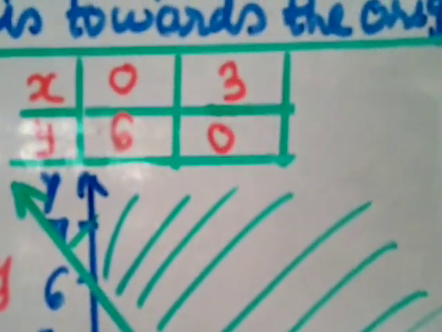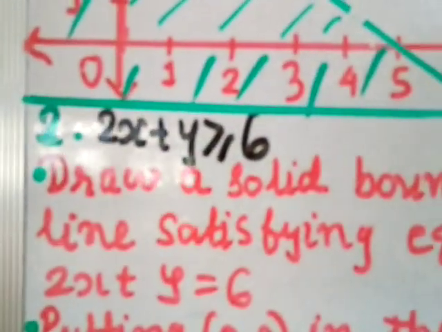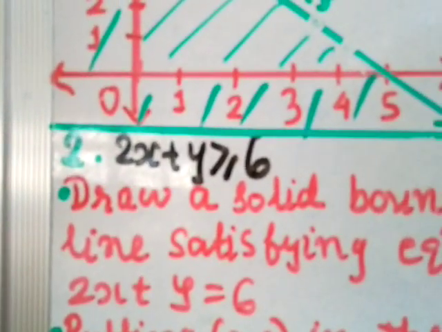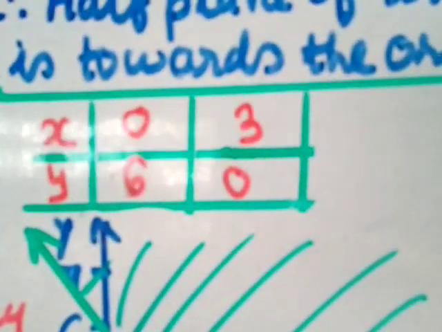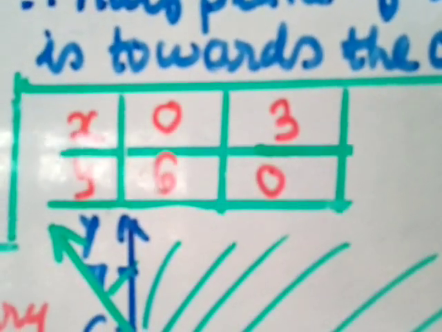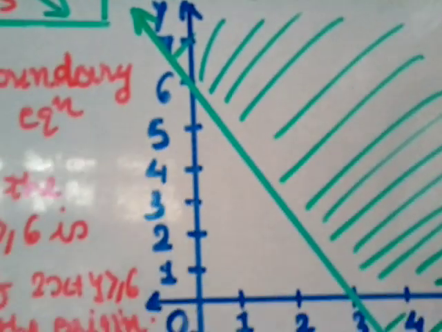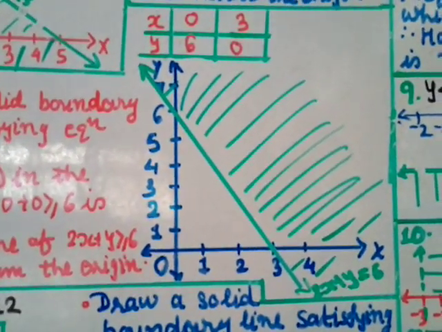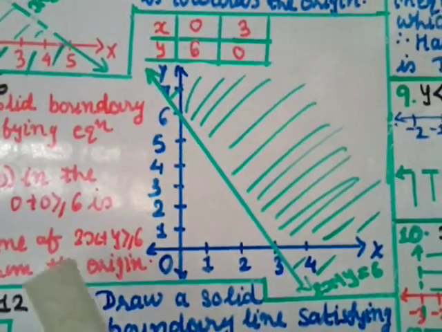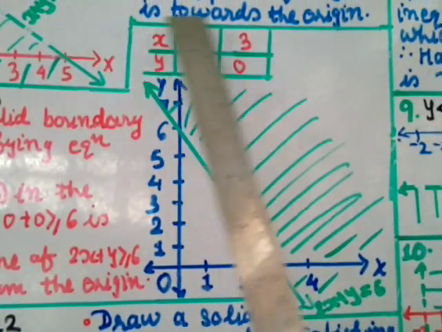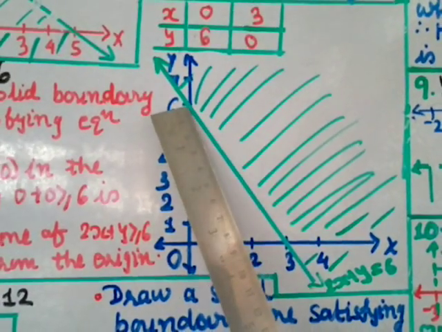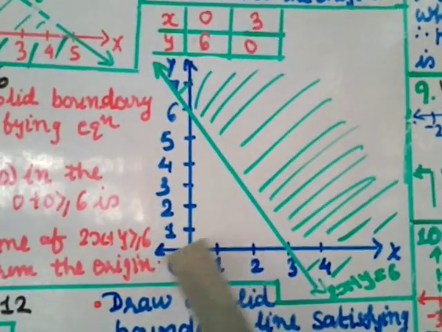See, when you take x equal to 0, put it in this equation, but you consider the equal to sign, then you get y value as 6. When you take y value as 0, put 0, then you get 2x equal to 6 and x value will be 3. So these are the 2 points to draw the line 2x plus y equal to 6. So now let us plot these points on a Cartesian plane. Here both are positive, so I am taking the first quadrant. Now when x is equal to 0, y is equal to 6. So this is 0, x, and 6 is here. So this is the point. And when x is 3, y is 0. So that is this point.